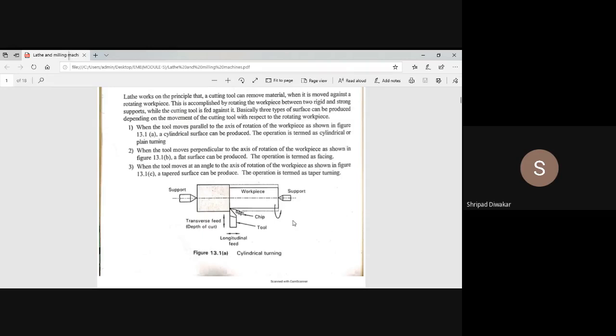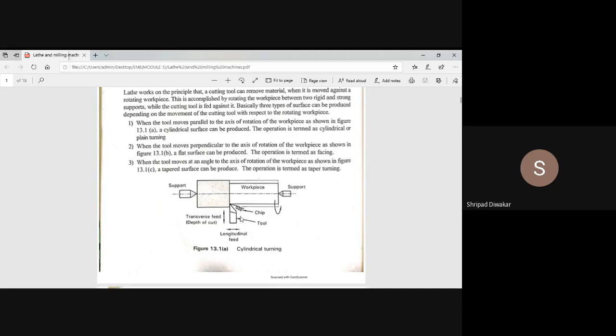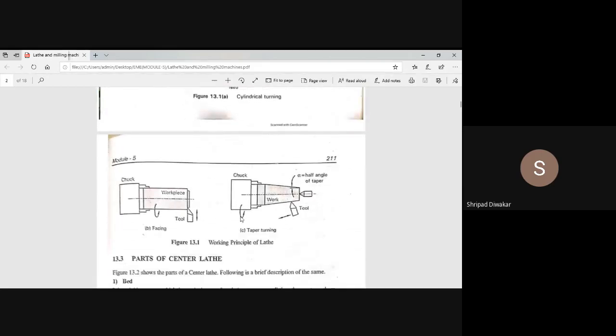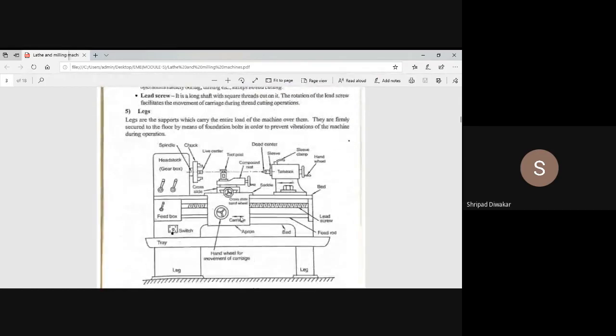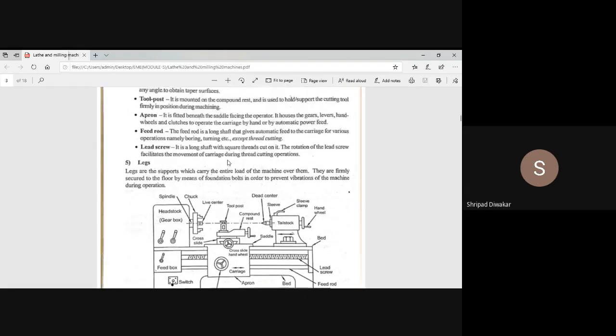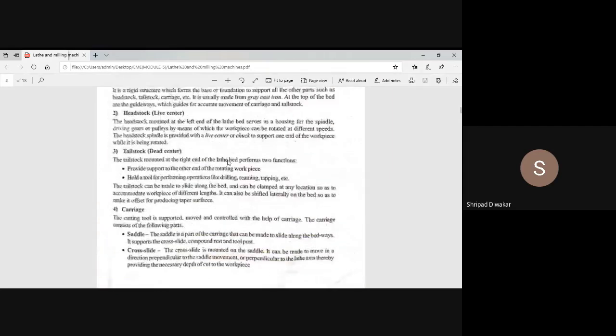Okay. Now how does the operation take place? First, we hold the given workpiece in the 3-jaw chuck or 4-jaw chuck. Next, a proper cutting tool is inserted in the tool post, as I said. Let me show the diagram. We can insert the tool on the tool post. The tool post is the one which holds the proper cutting tool. So you can see the tool post. Suppose I am doing cylindrical turning, then we have to fix the proper turning tool in the tool post.